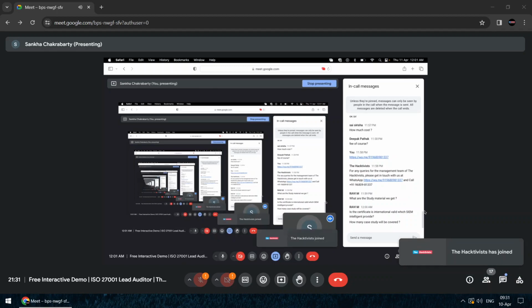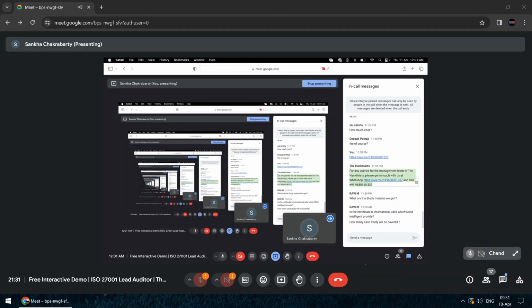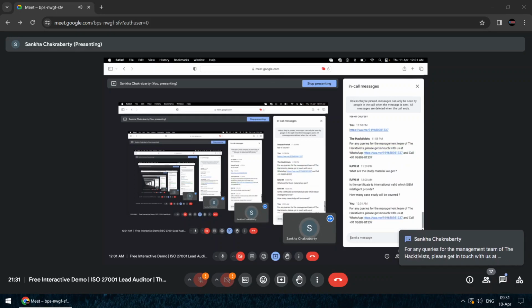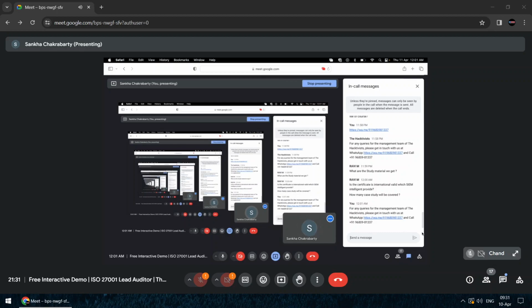Yes, it's valid, Ravi. Regarding international validity, the same certificate is valid everywhere. You can be in touch with our management team, who will give you all the details. I just shared the message, so you can drop a text message to them. They will give you details regarding the validity, the CPE credits that you are going to get, and how it will help you in your current and future organization. And for any doubt or assistance you need for interview purposes, I'm there to help you.